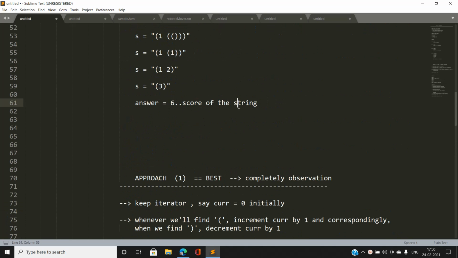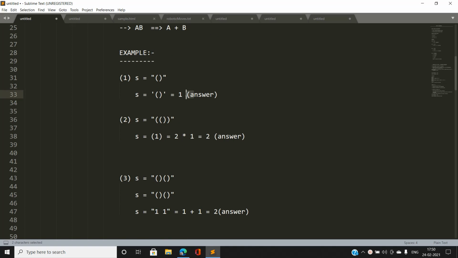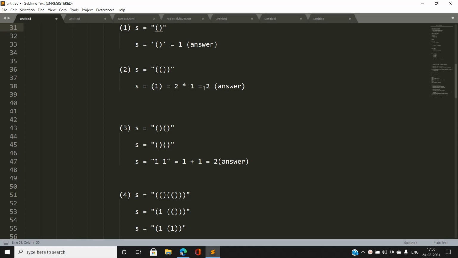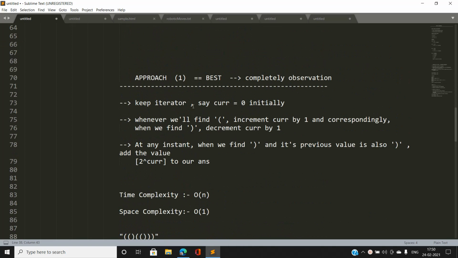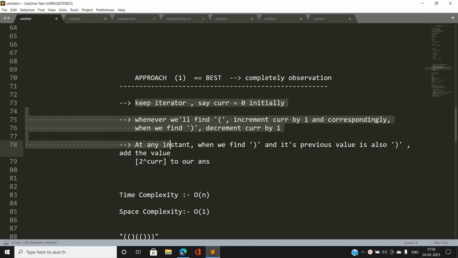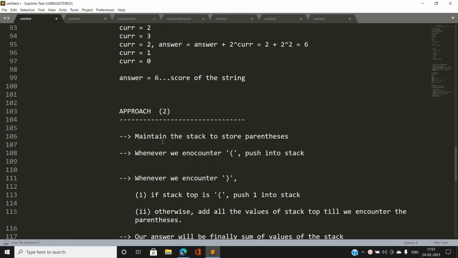Now this observation, this approach is also working with this one. You can see 2 power 0 is 1, and you can see here also 2 power 1 equal to 2. Now this observation is pretty much fine, and if you can catch this observation, then it is extraordinary for you. And otherwise we have a second approach too, and what we are going to do in my second